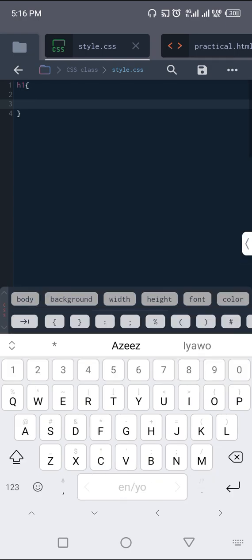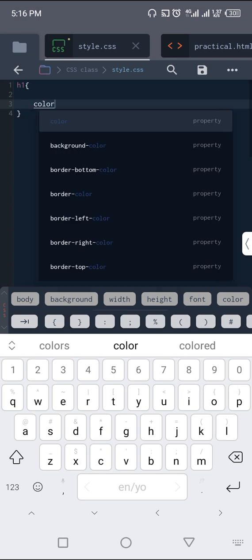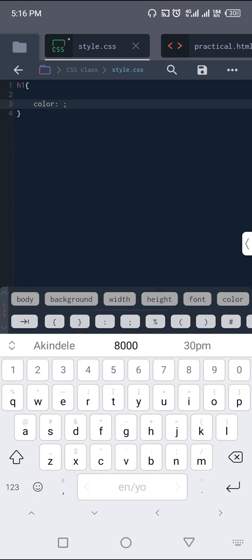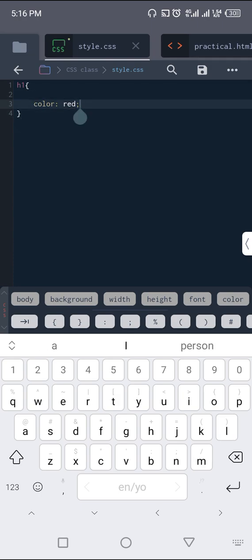So I want to color my h1, which is color. So I will give the value, let me say red, and I will close it with a semicolon, which is very important. So we need to close our code line with a semicolon before you jump to another property. So if you go back to our practical,